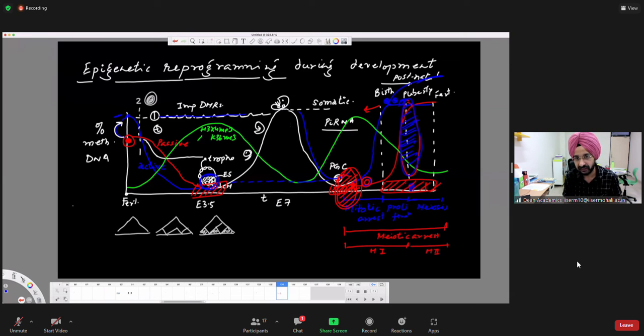These cells are moving to the genital ridge, the germinal ridge, whatever you call it, in the embryo. If the cells which move to the germinal ridge have an environment to demethylate. Now, what do I mean by environment? I think nobody asked why this trajectory is going up and down, how it is going up and down.